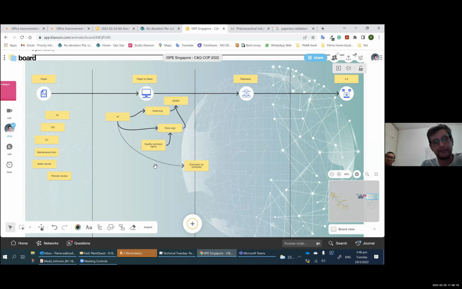It still has a lot of benefit, again, in the sense that you will have access to your document anytime, anywhere. And that is one of the key benefits, right? The EDMS, compared to when I started to work in pharma, is fantastic, right? Because if I want to do a change control and I need to have the IQ and I need to change some of the things, I can see the result. And retrieving the information is one of the key benefits of the digitalization, right?